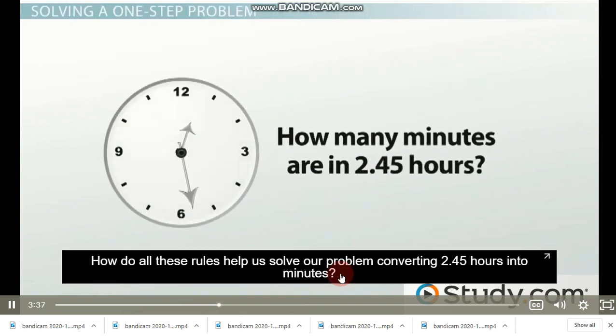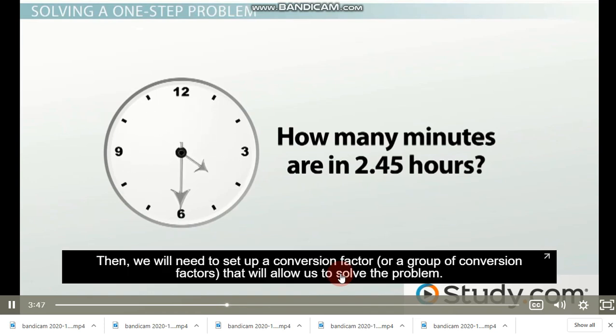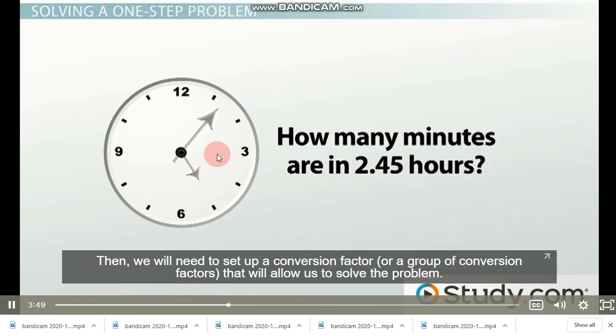How do all of these rules help us solve our problem converting 2.45 hours into minutes? We will first want to start out with the quantity we are given. Then, we will need to set up a conversion factor or a group of conversion